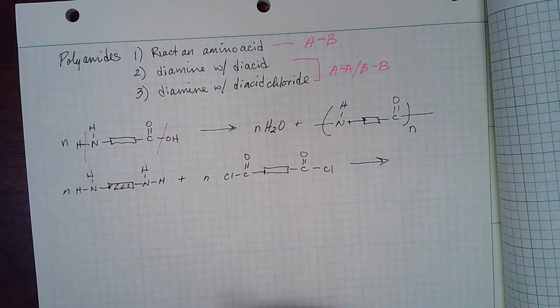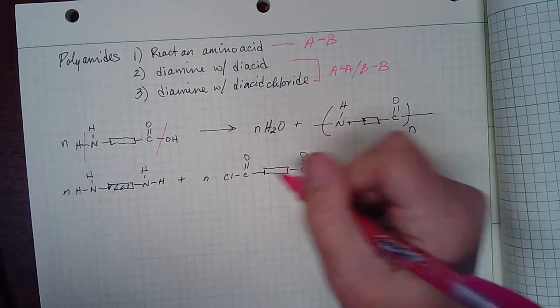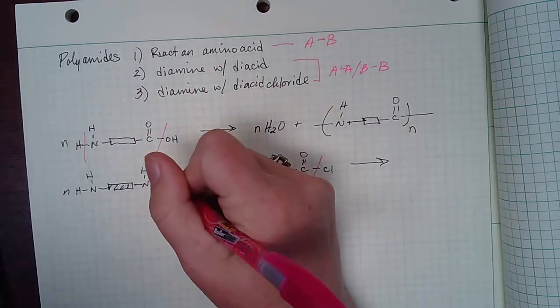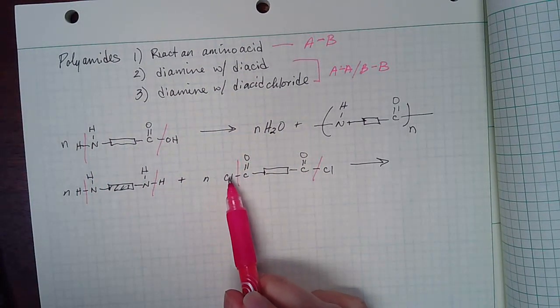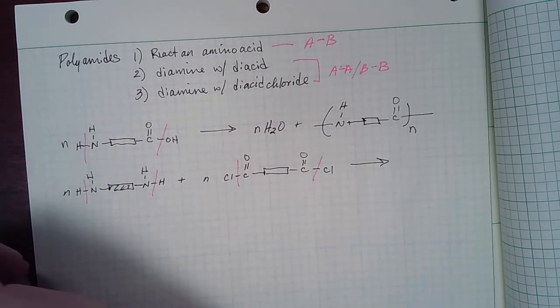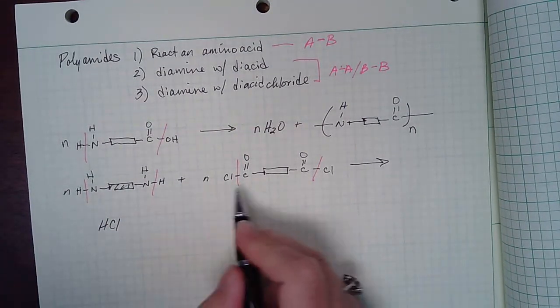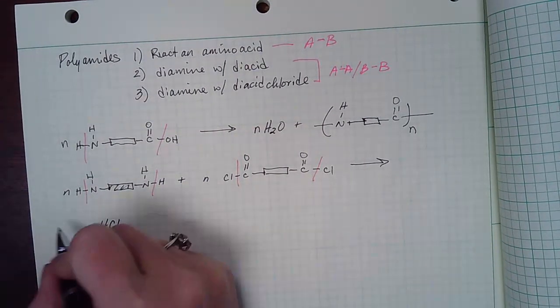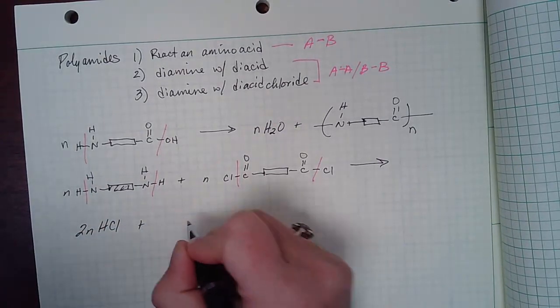Again, if that reacts through the right conditions, now instead of the OH minus being the leaving group, it's Cl minus, and it's still going to grab a proton from the amine. And now I can see I've got Cl minus plus an H. That forms HCl, hydrochloric acid, and I've got 2 per repeat unit, so that's 2N plus,